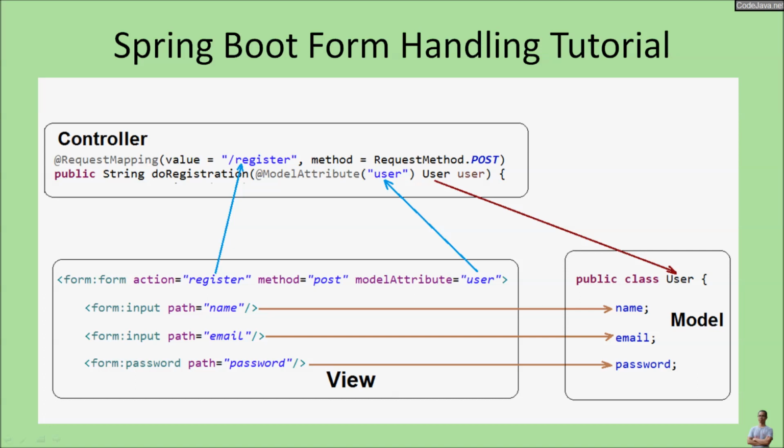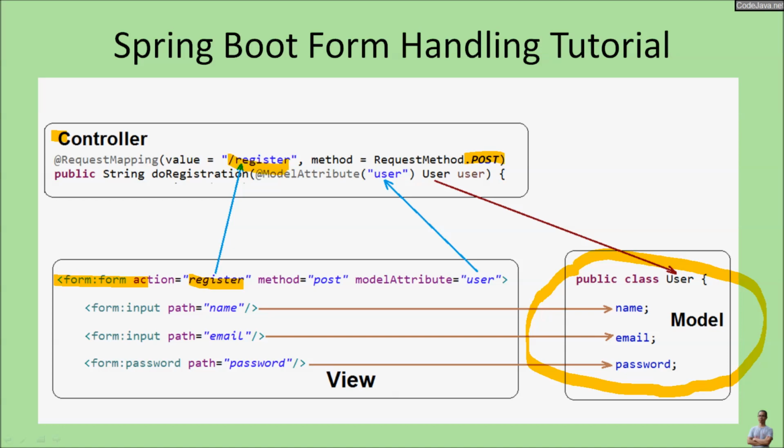And now let's understand how to handle a form with Spring Boot. As you can see in the model layer, we have the model class User here that represents the information in the form, and in the view, the JSP page, we use Spring Form tags here. And in the controller layer, we have the handler method here. This handler method must handle the HTTP POST request, and the action of the form, register, must match the URL mapping of the handler